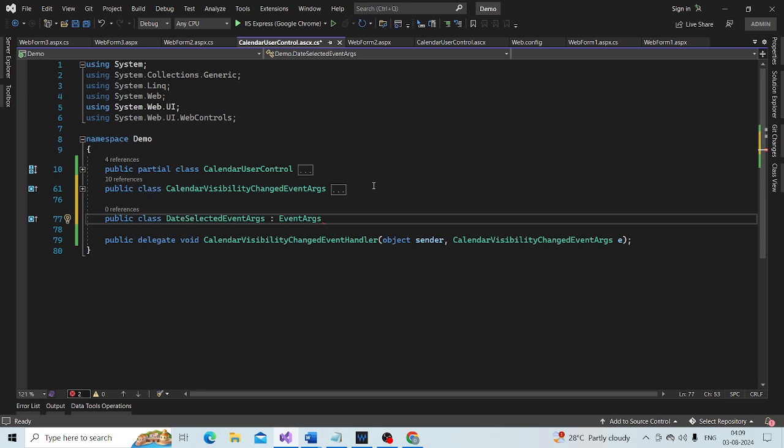Okay, so what event data is the date selected event going to contain? It is going to contain the date and time the user has selected within the calendar control. So obviously we need a variable of that type to hold that data.